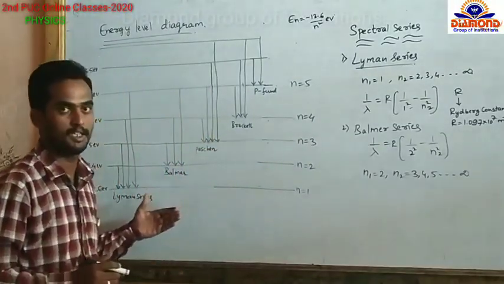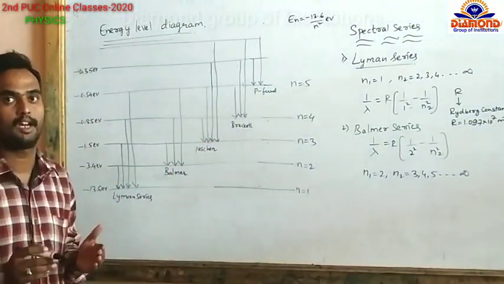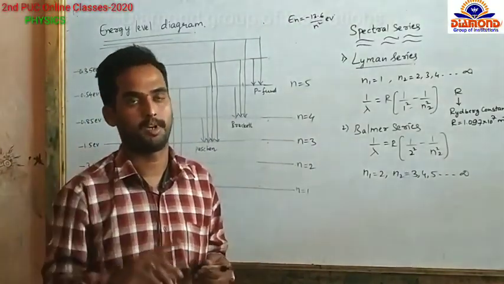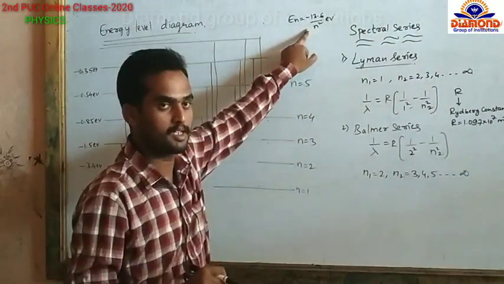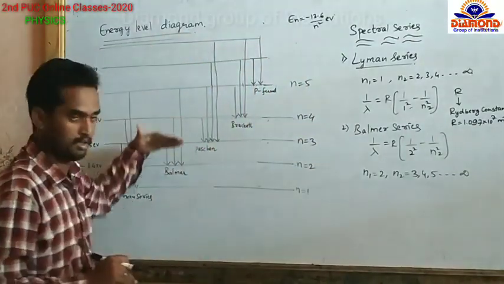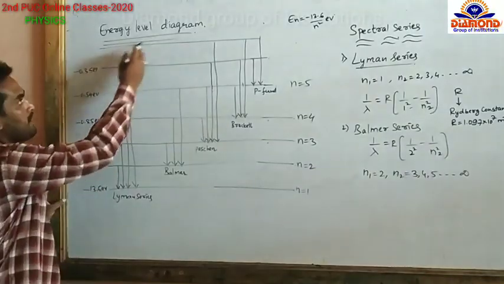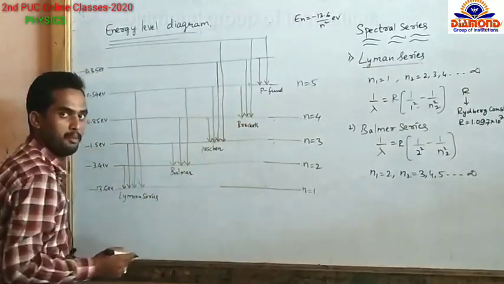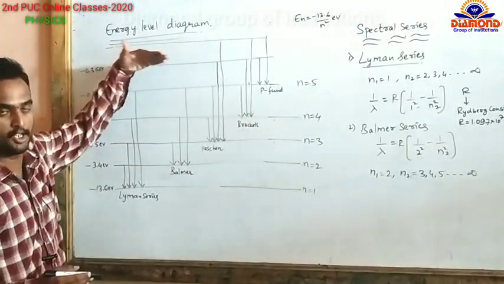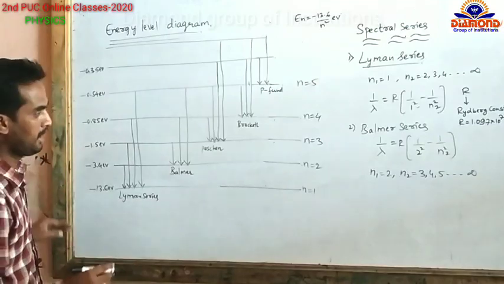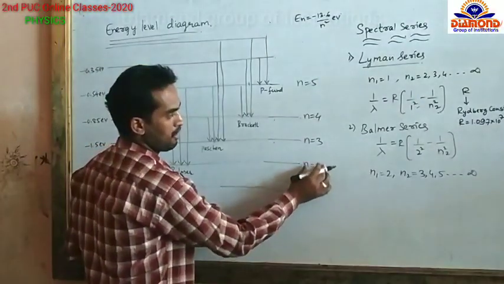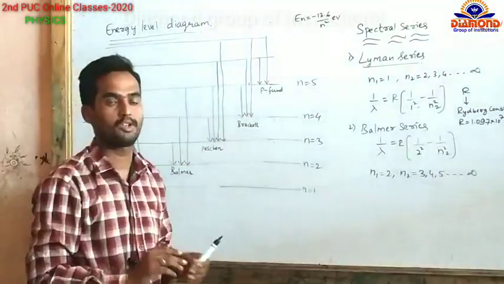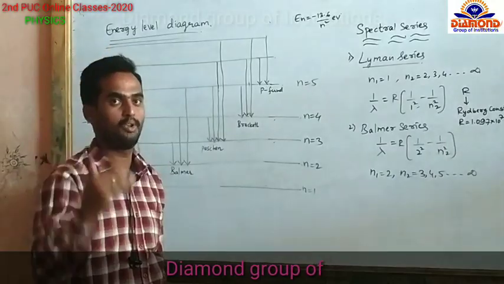And now we can see that each and every electron should have different energies in different orbits. So based on these energy levels, we are now discussing the energy level diagram here. See this, there are 5 spectral series obtained by the hydrogen atom when it takes a transition from higher to lower orbit. Then this is first orbit, this is second orbit, third orbit, fourth orbit, fifth orbit. And always remember, electron should always jump from higher orbit to lower orbit.